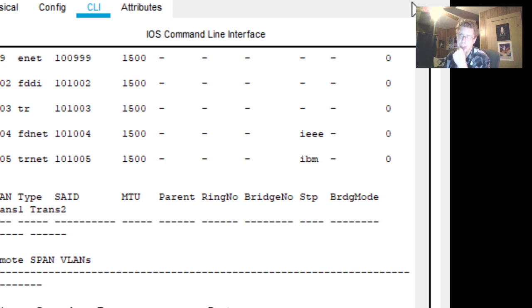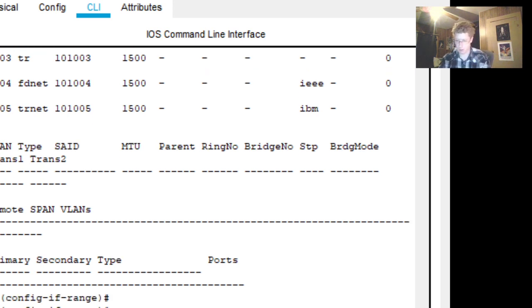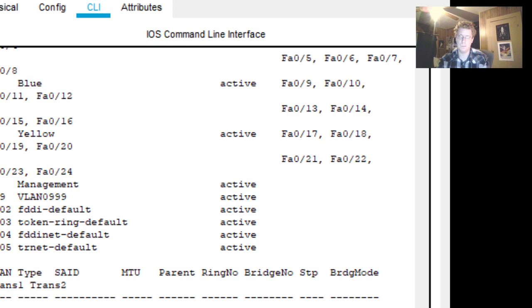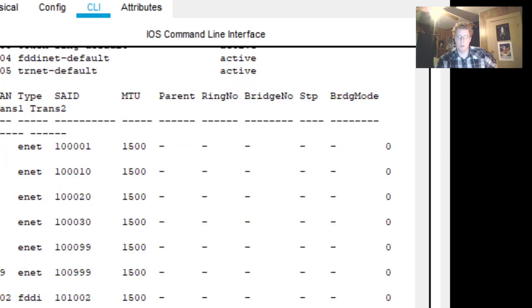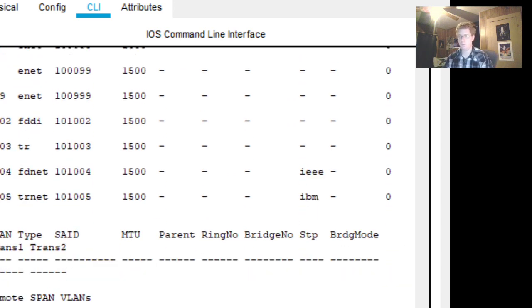So we're just going to replicate some gigabit 01. So the command that we are dealing with